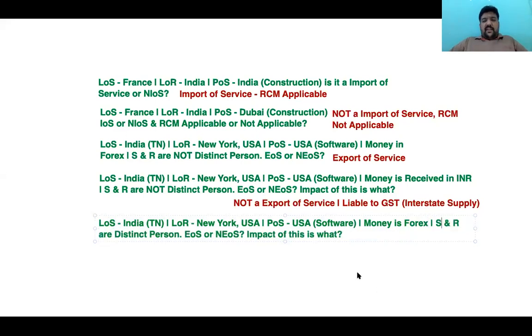No doubt, money is received in forex, but this time, what is it? Supplier and recipient are distinct persons, meaning the supplier is the HO, the head office of a particular company, and the recipient is a foreign branch. If this be the case, place of supply will be, sorry,